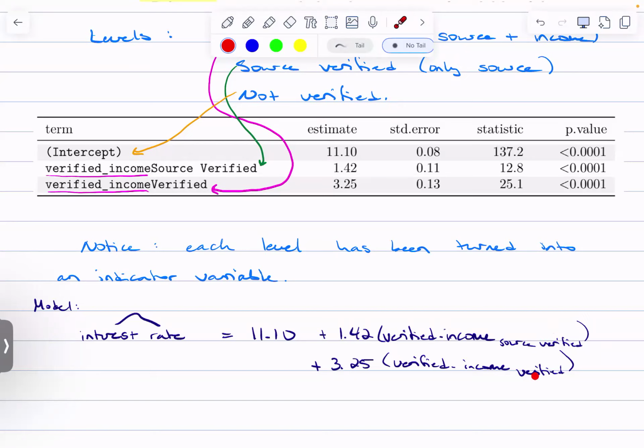And both verified would also be turned off, so you put that to 0. I like these on-off switches. I imagine my model is kind of in a lineup like this, and I just turn on the switches that I want,